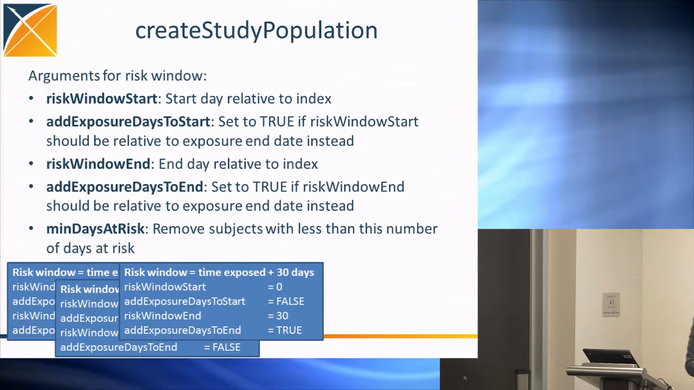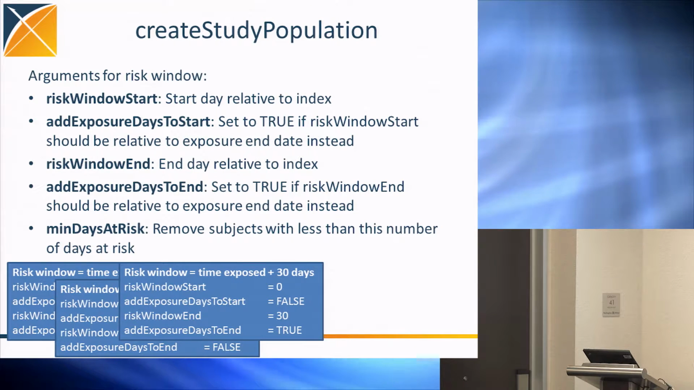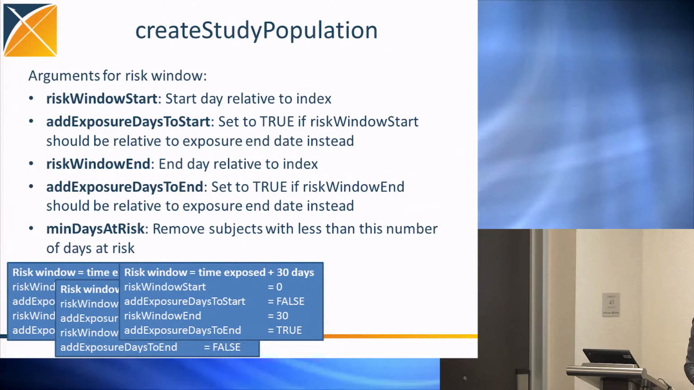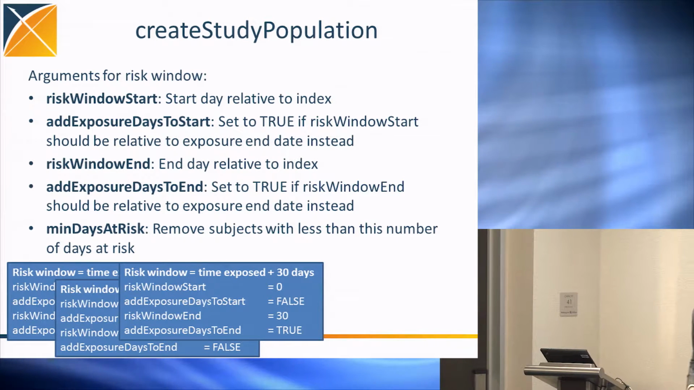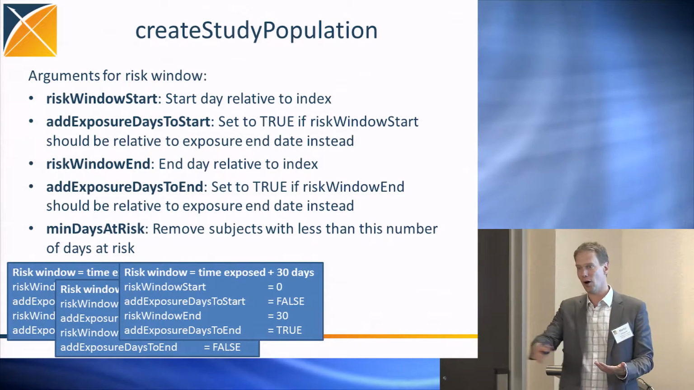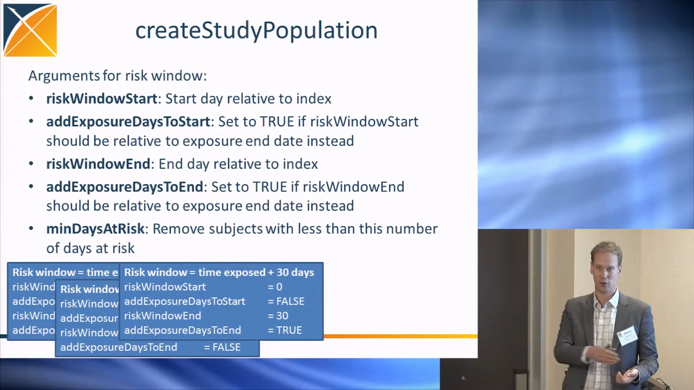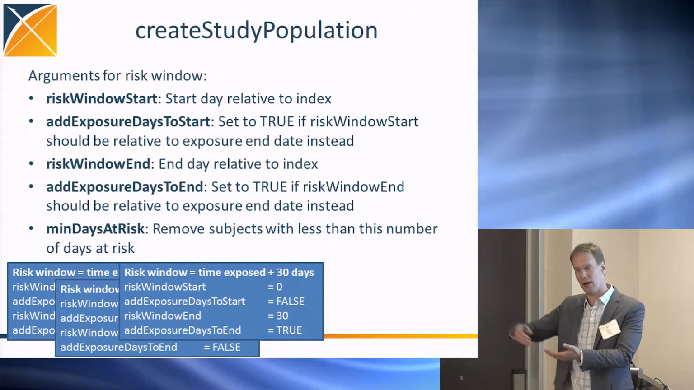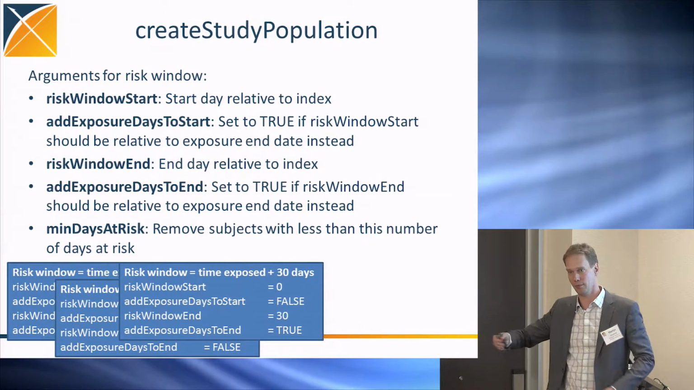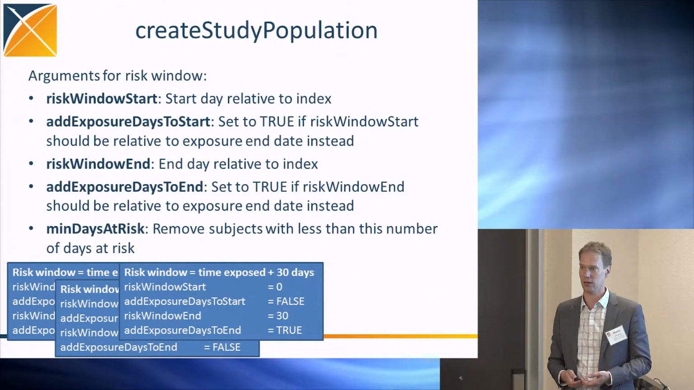Then we have, for example, time exposed plus 30 days. So you start again on the index date, so risk window start is 0, add exposure days to start is false, and then risk window end is 30. Add exposure days to end is true. That means you go on to whatever was defined as the end of your cohort, which if you're using the drug era table is the time you stopped taking the drug, and then you add 30 days to that